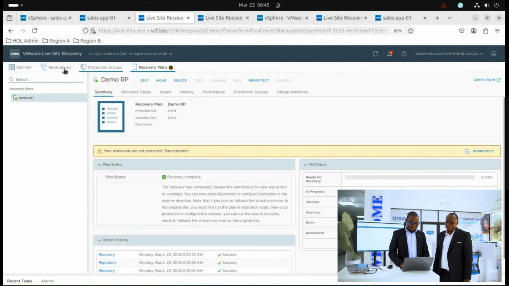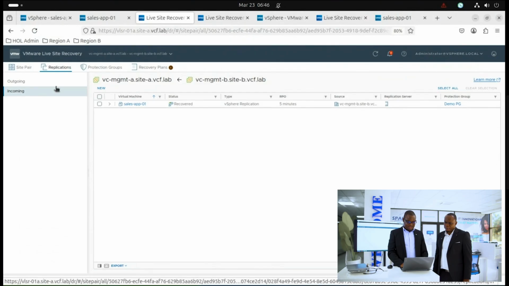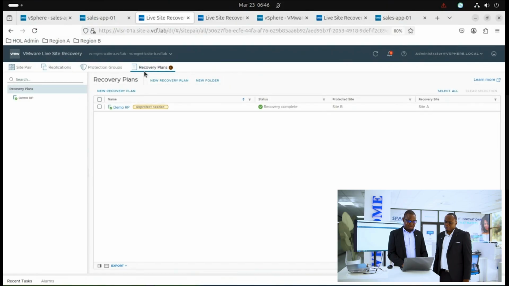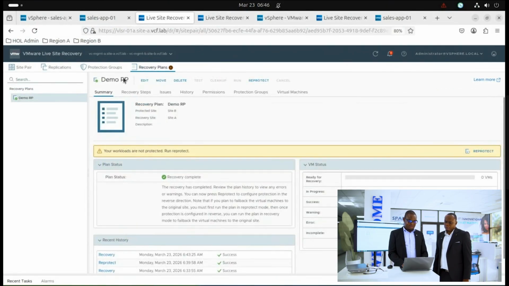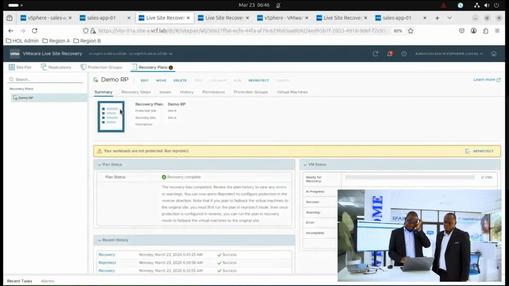If we go to the replications, coming, so it's showing us a recovery, but it's not doing any remediation. So we need to reprotect. So let's just reprotect this. It's even showing you when you go here to say reprotect needed. As of now, it's running back. It's running the normal way at production, but it's not being protected to any